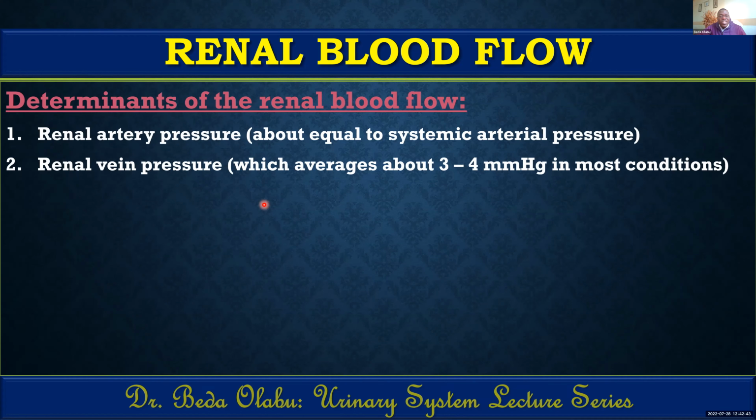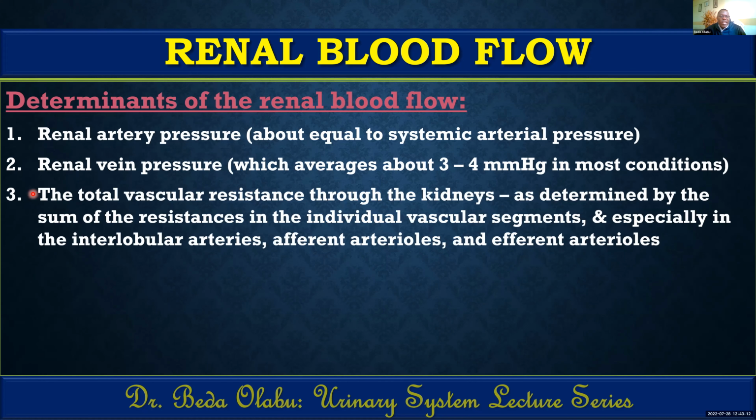And if the pressure within the renal vein is high, maybe because there's a clot or a tumor there, then you're going to affect renal blood flow, because high pressure within the renal vein will lower renal blood flow, and low pressure within the renal vein will increase renal blood flow. Remember, blood flow is usually the pressure gradient between 2 points divided by the resistance,